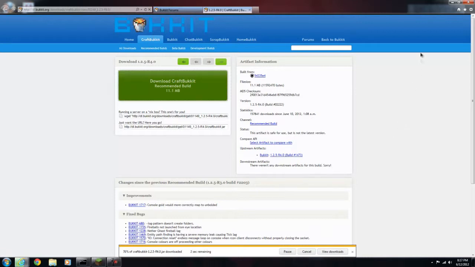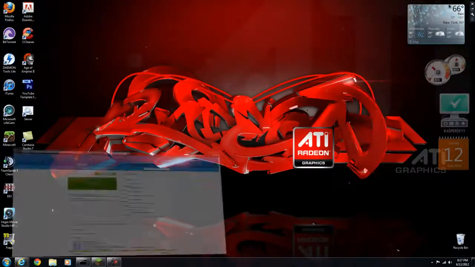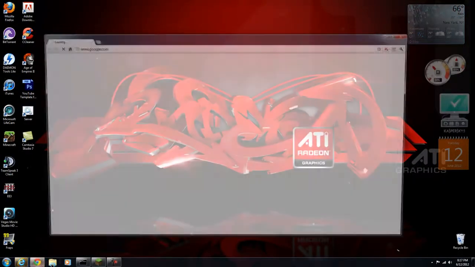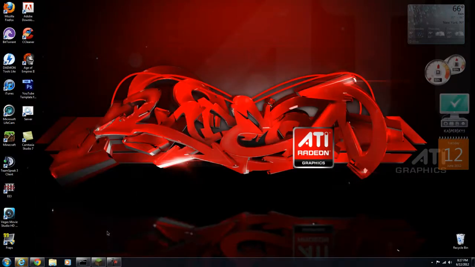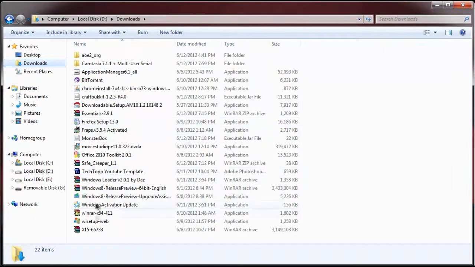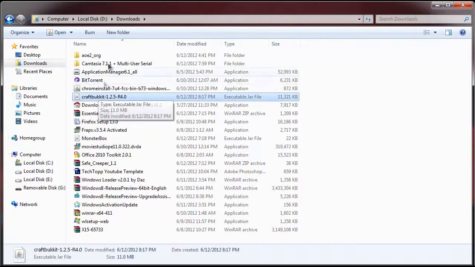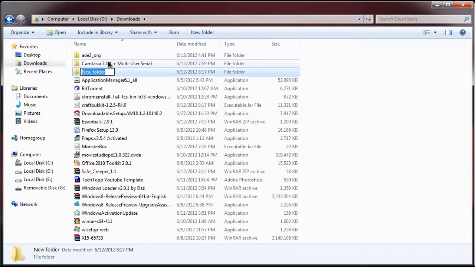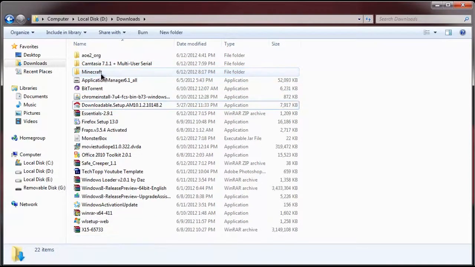And then while that is downloading, we're going to put that in a folder. Say we put that in a folder called Minecraft. Just put that in the folder,